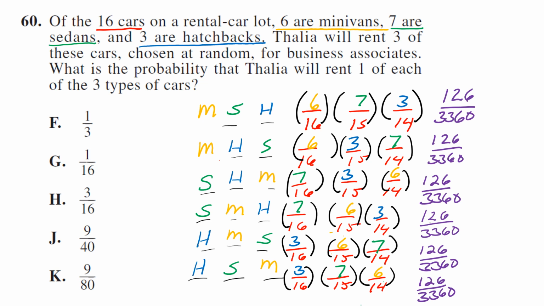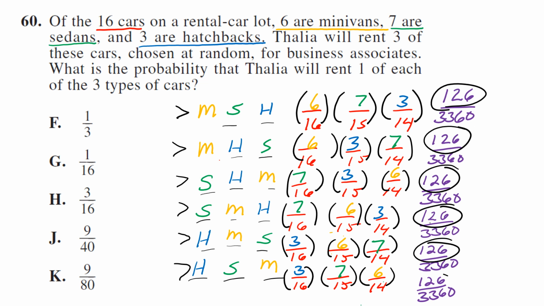So that is the likelihood that any one of these scenarios happens, right? That you get it in the order of minivan, sedan, hatchback. That's this one, right? Minivan, hatchback, sedan, sedan, hatchback, minivan. So that's the likelihood that each one will happen in this way. What's the probability that she will rent at least one of each car? Well, now you got to add these together. 126 plus 126 plus 126, or you can multiply them times 6, right? So, and that's going to give you